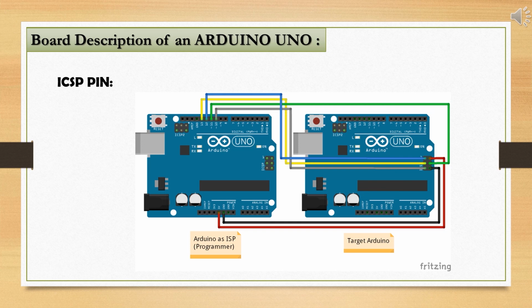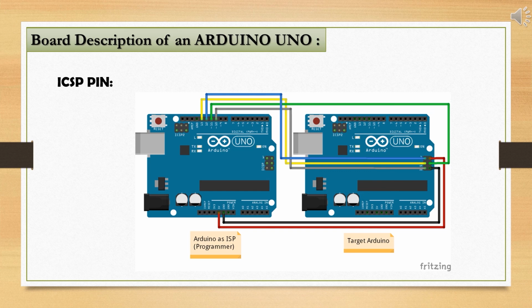How is it done? We will remove our original microcontroller from the Arduino board and insert the AVR chip that we have bought from the market. Now this board is our target. We should program this targeted board by using another Arduino board. In the next step, we will have another Arduino board. It can be UNO R3 or Arduino Mega or Arduino Leonardo.